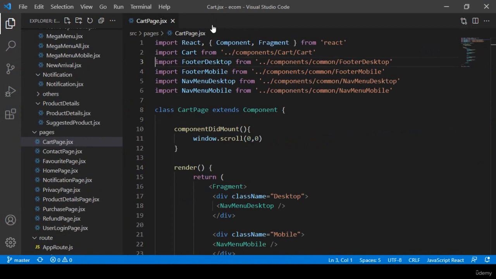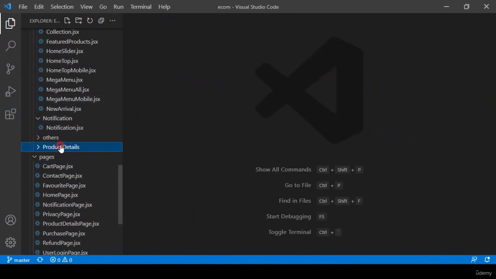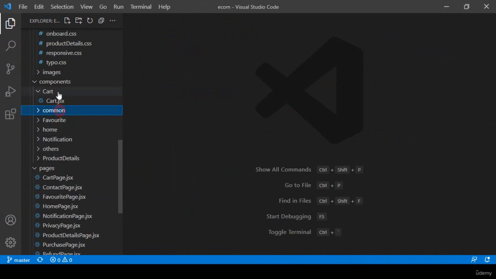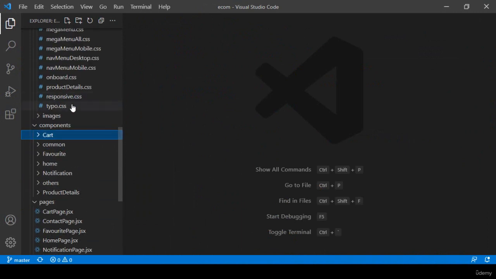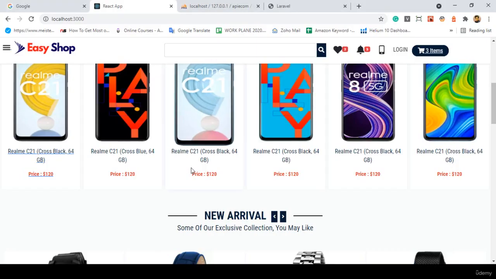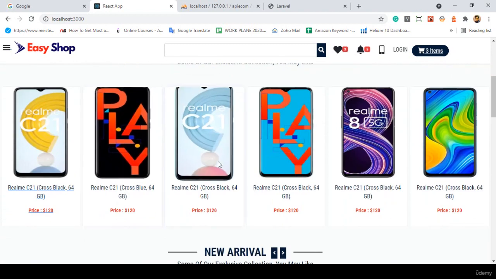So now I want to make it clean. There is our pages, there is a page details, the notification, there is a home. I want to minimize everything. Okay, so that is our components, that is our pages, and that is our routes. Great. So friend, if you want to get this data, that means if you want to get all of our